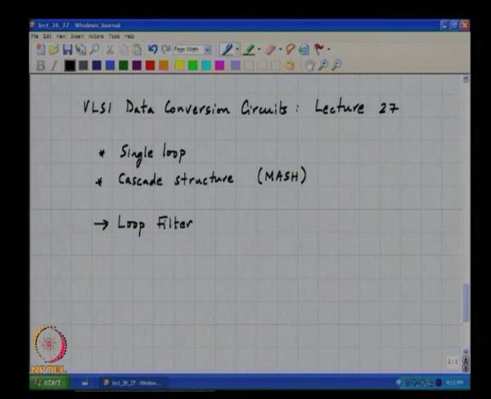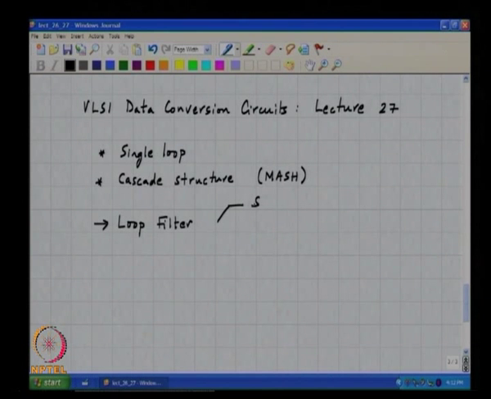Now, if the input has been already sampled, correct, then the filter is working off of two sequences, one is V and the other one is U. The levels are still continuous. So, this is a discrete time analog signal, right, and therefore, the filter that processes such signals is what is called a sampled data filter,